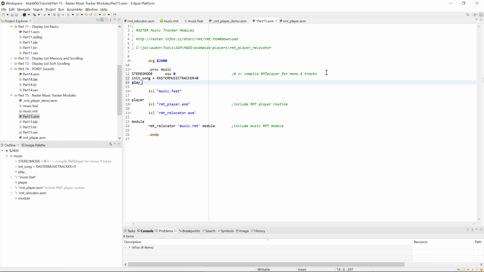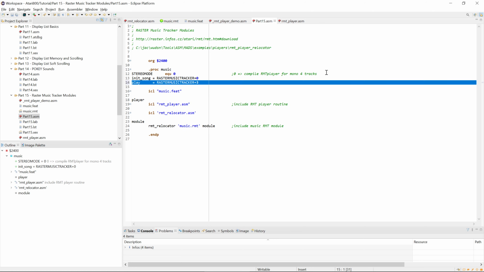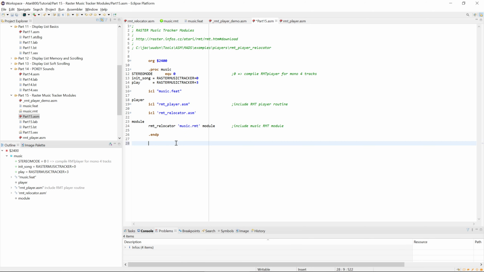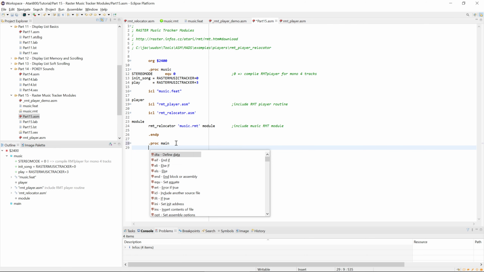Init song, or just call it play. And that's at Raster Music Tracker +3. So what we need to do is we need to now really call these things. So again, we need a main program